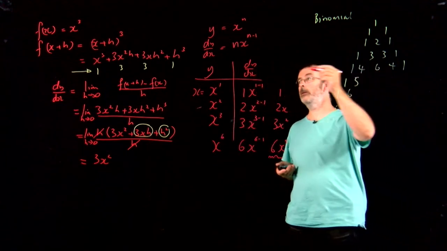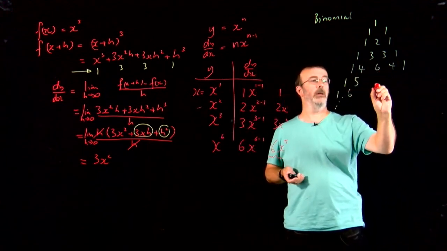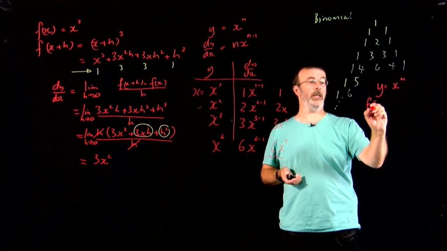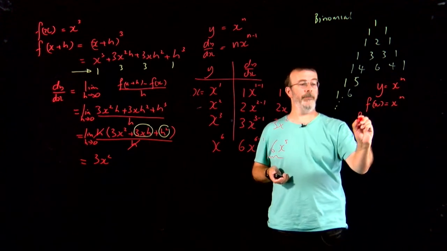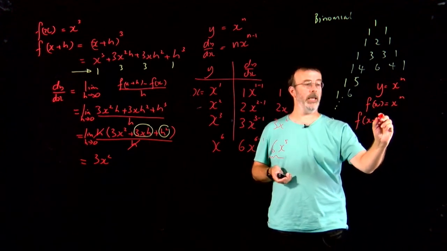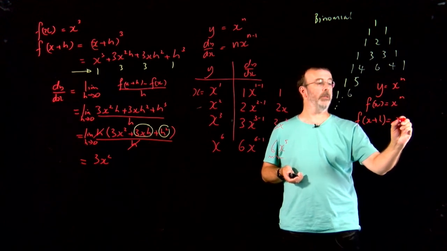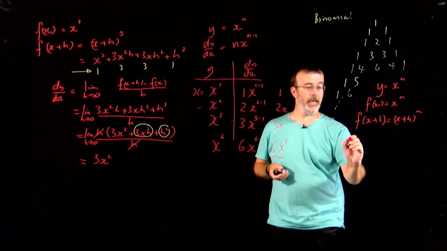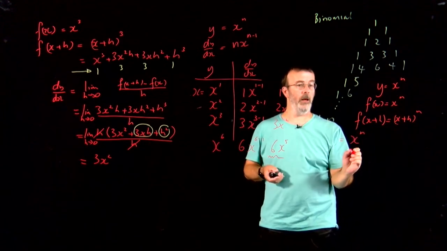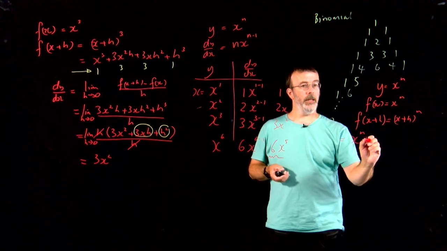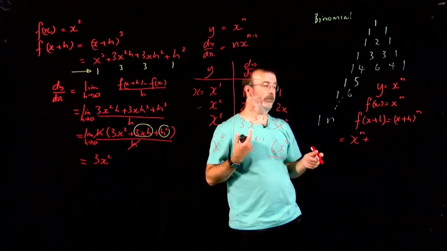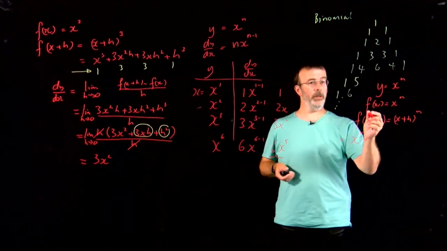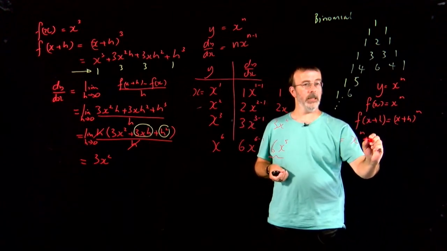When we are looking at y equals x to the n, or f of x equals x to the n, then f of x plus h will be x plus h to the n, and this will start with x to the n, and then the coefficient, and you can see this in your formula sheet if you like. Hopefully you know the binomial theorem at least up to a point by now, but what you get is you get